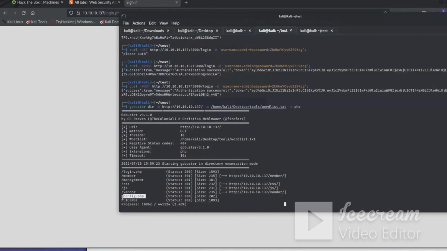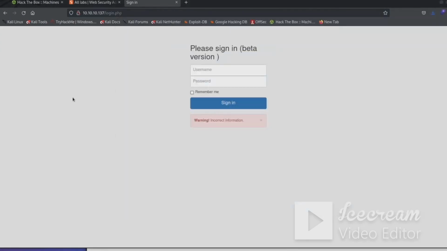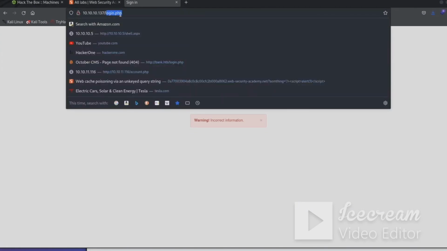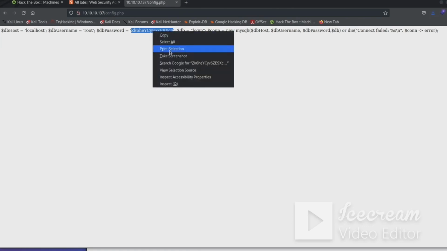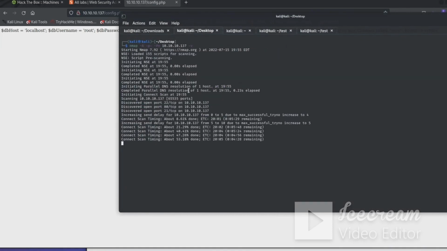We have a config.php, which is always a good thing to look at, especially when you have code execution on a box, because it will often pull down the username to the database, which is root, and we have a password as well. And one thing you should know by now, especially if you're in an intermediate course, is that people reuse their passwords. So we can copy this password and we'll check our nmap scan,